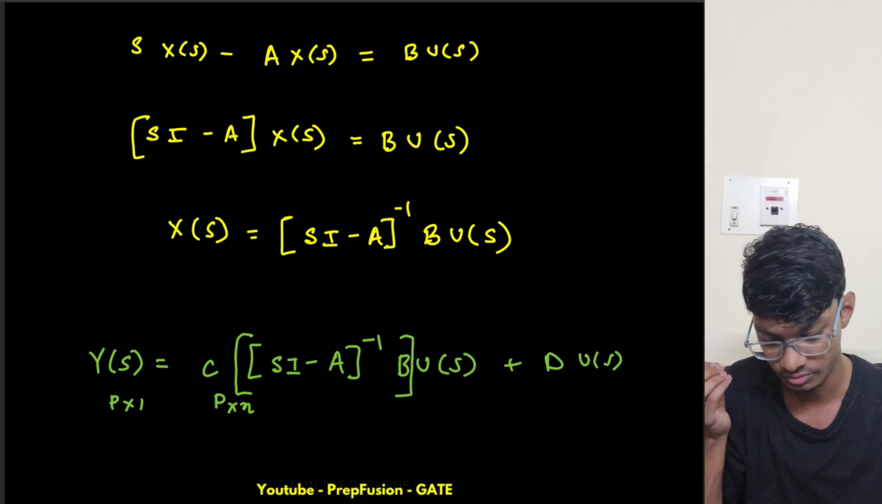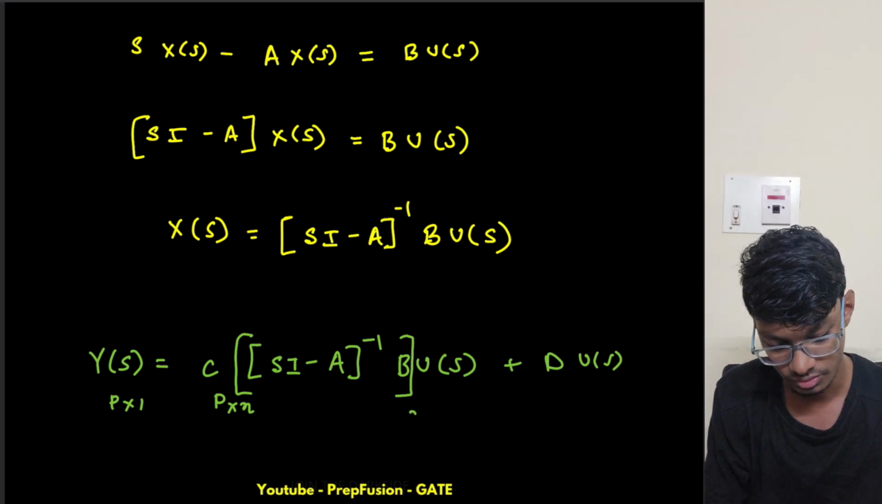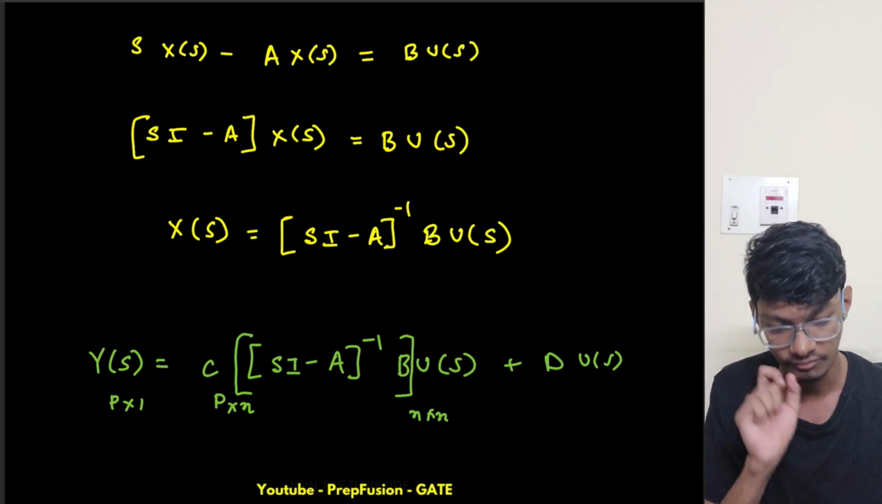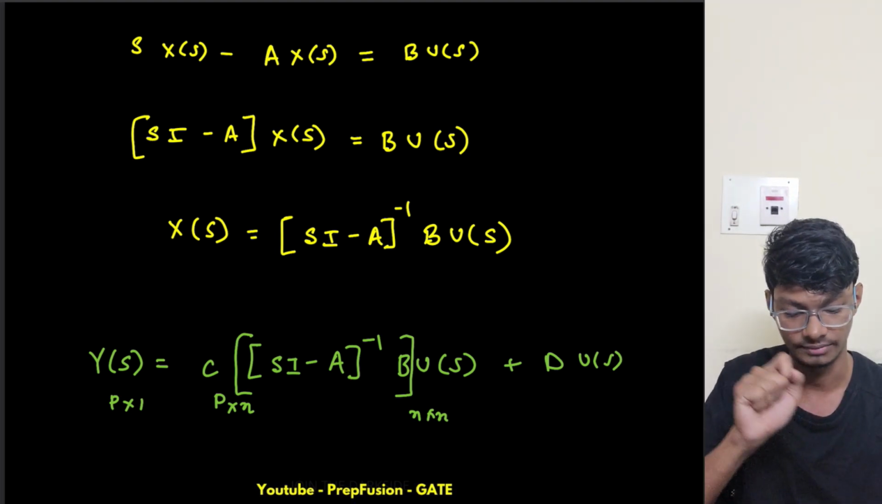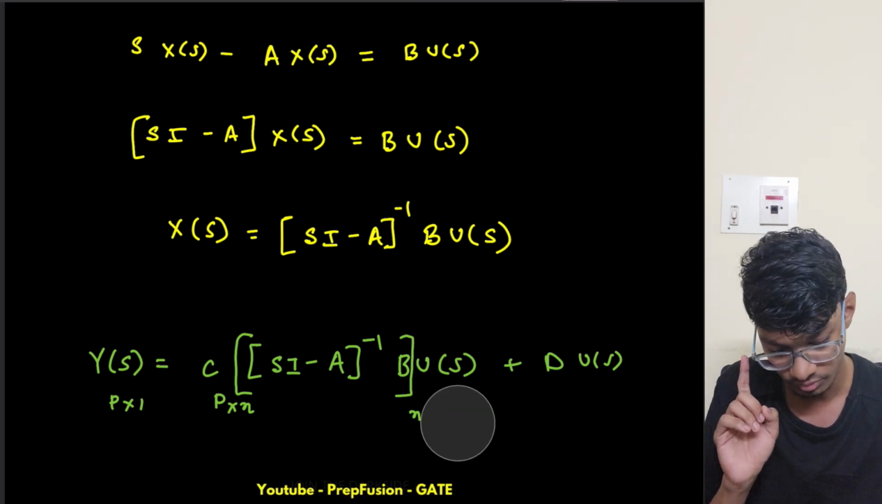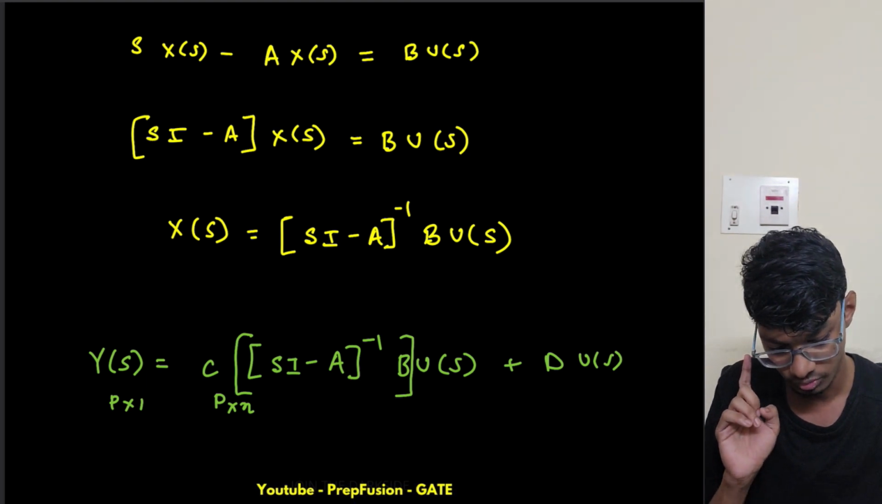So this has to be the order of n cross n. I have derived this previously, so I won't go into much detail. And what is the order of the input basically? Sorry, this input won't be n cross n, this will be